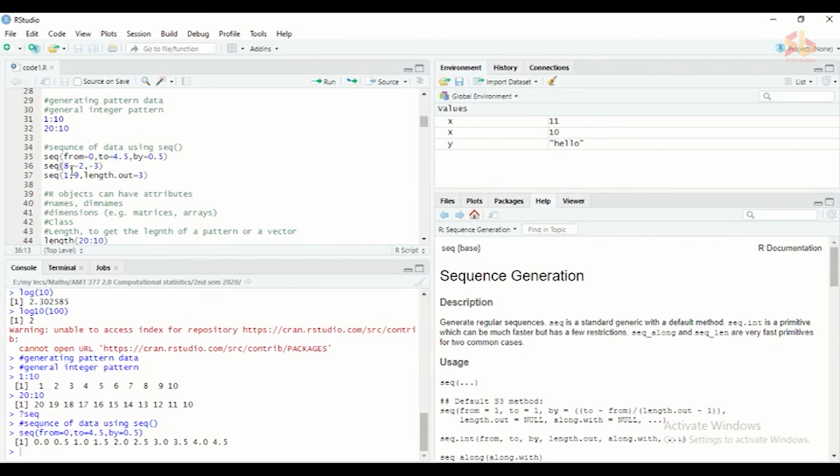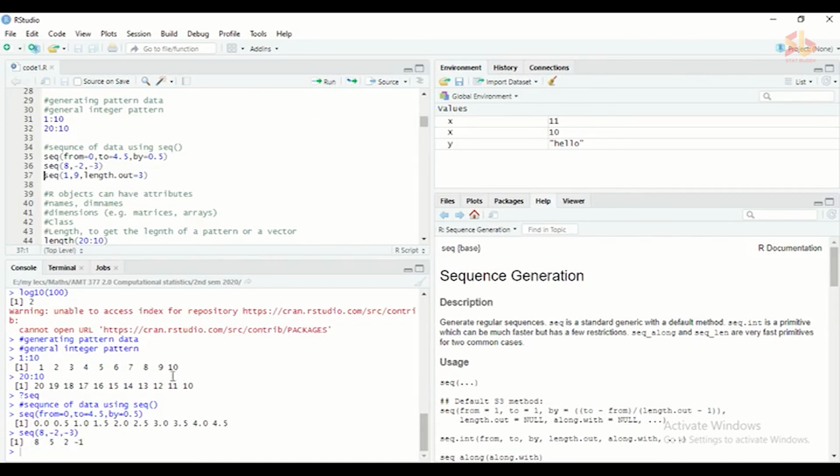So we want our sequence to start from 8 and go up to -2 or closer to -2, and we expect a decrement by 3.